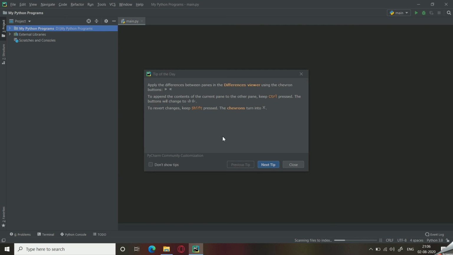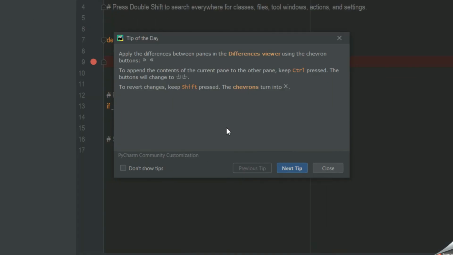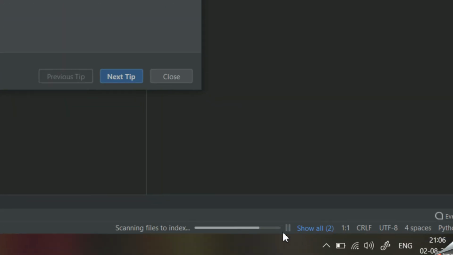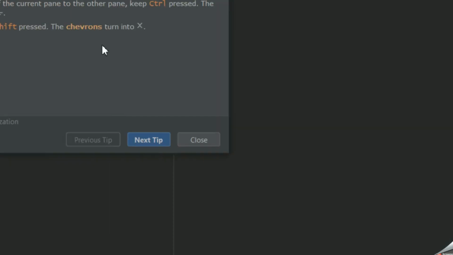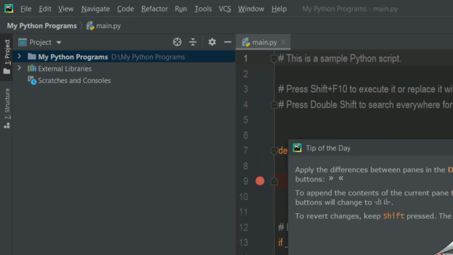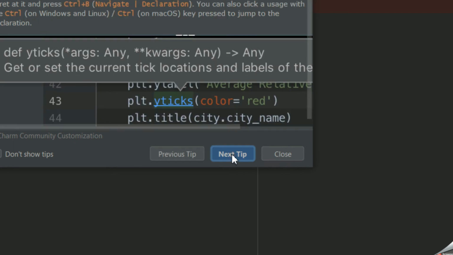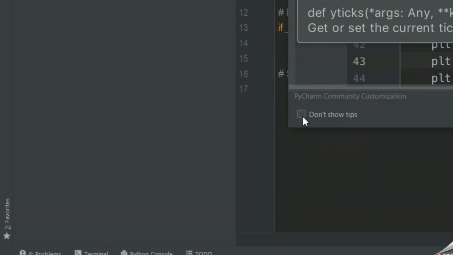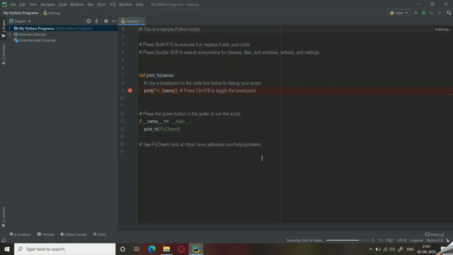So you can see that it has loaded everything. It still keeps loading things in the background, as you can see it over here. Certain processes, some tasks are taking place in the background, and you can also see the tip of the day where you can get some quick tips regarding how to properly use PyCharm. So if you want to continue, you can click on next tip. This way you will keep on getting the various tips. If you don't want that, you can just click on don't show tips or click on close, and here you can find that